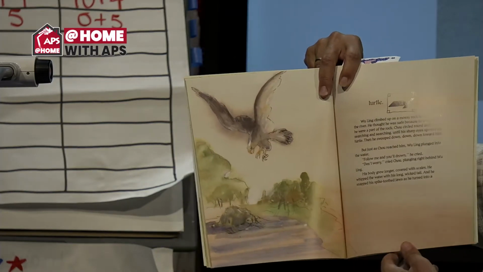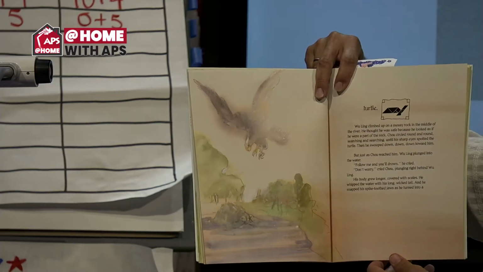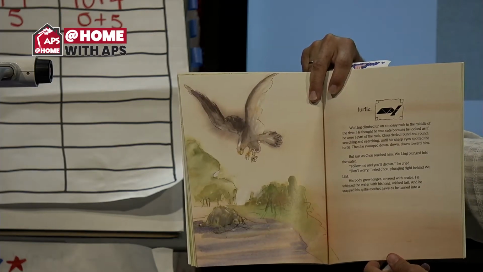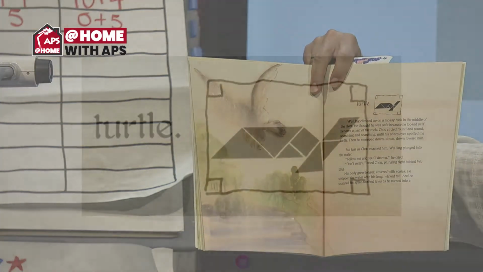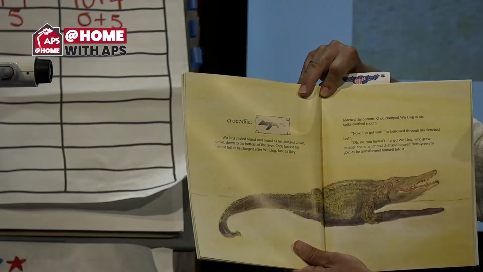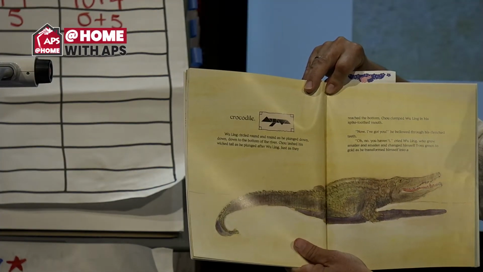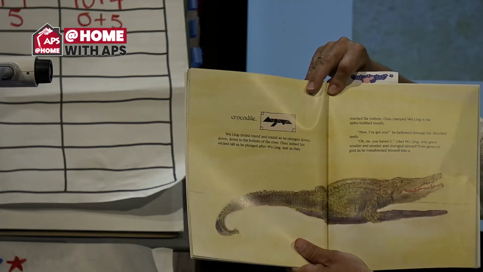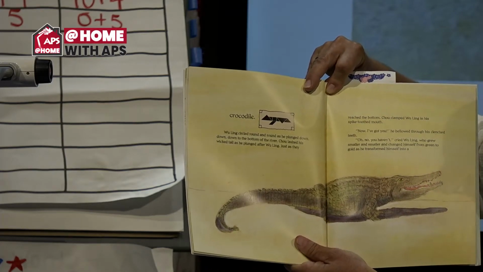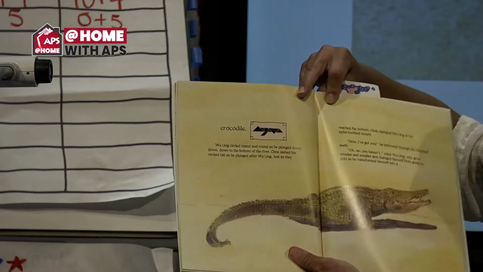What did he turn into? Scales, a long tail, sharp teeth, and he's underwater. That's right, a crocodile. Wu Ling circled round and round as he plunged down, down, down to the bottom of the river. Chow lashed his wicked tail as he plunged after Wu Ling, but just as they reached the bottom,